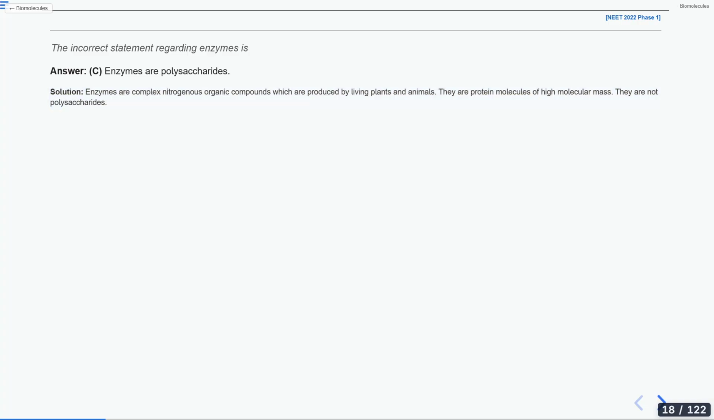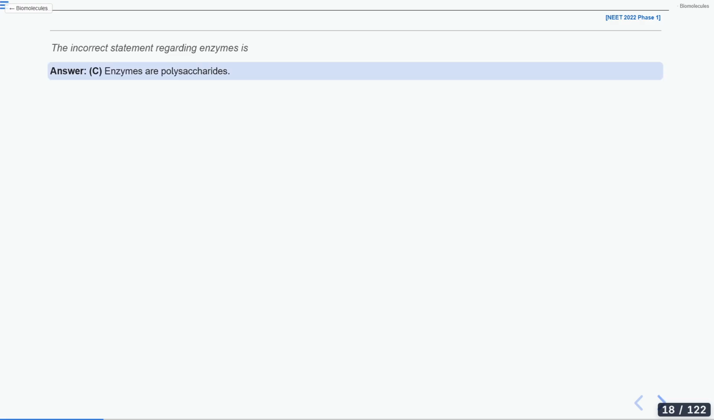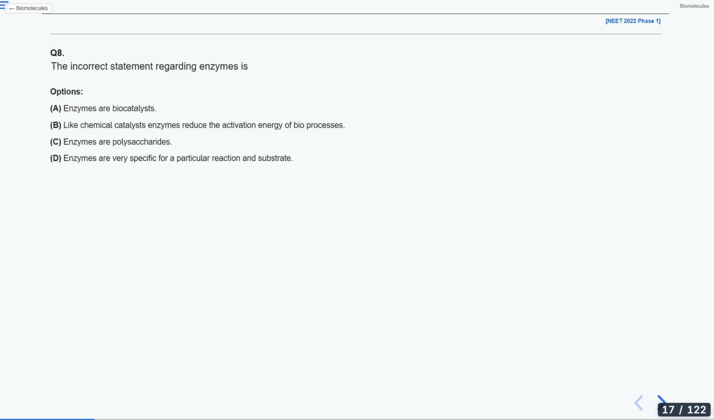So remember this, that your enzymes are not polysaccharides, they are proteins. Okay, they are proteins and not polysaccharides. Yes, they are used as biocatalyst. The first statement is very right. Then they are nitrogenous base which are produced by living plants and animals, and they have high molecular mass, but they are not polysaccharides. Instead of that, they are proteins. Now, regarding other statements,